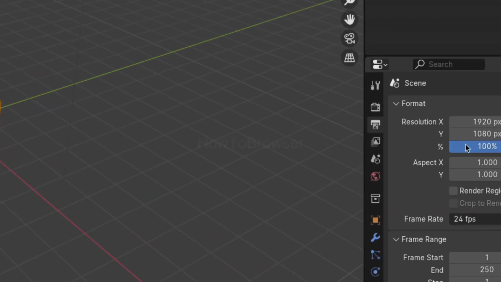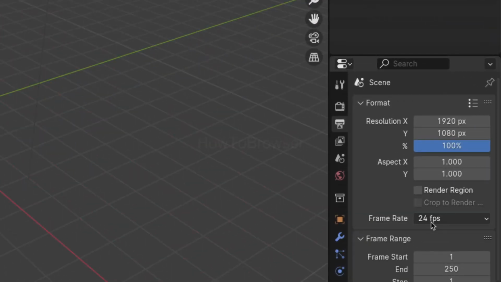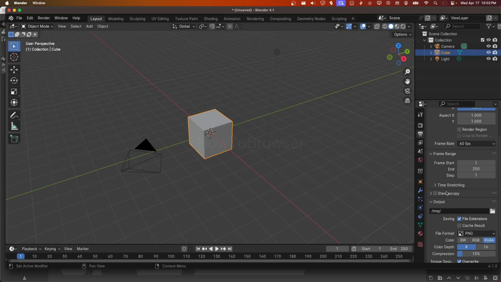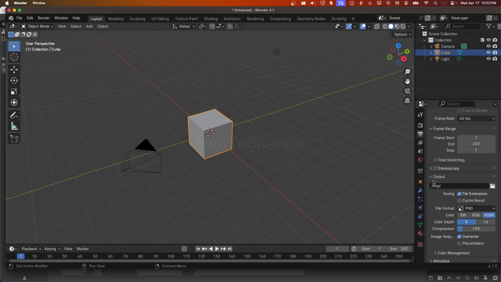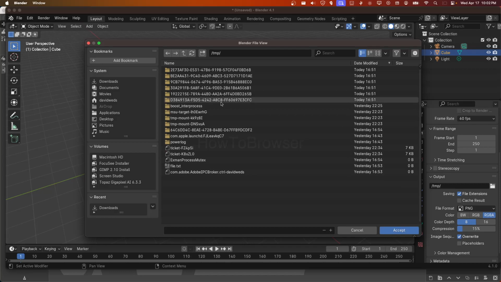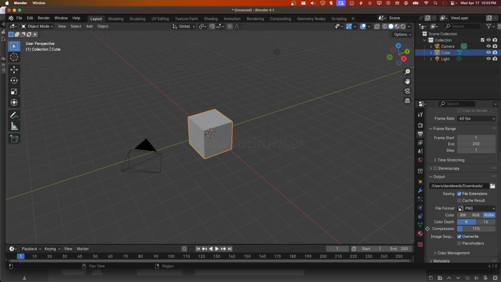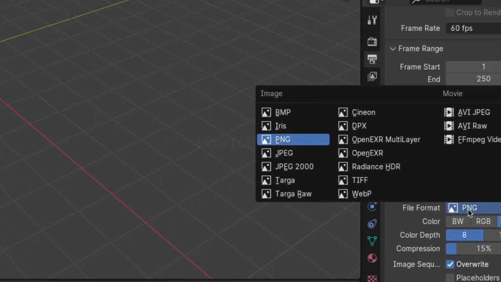So here you can set the resolution. You can change the frame rate. Let's change the frame rate to 60, and here we can change the output. I like to save this in downloads. And now, as you can see here, file